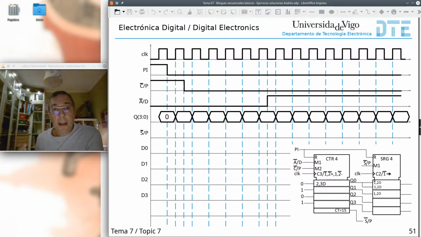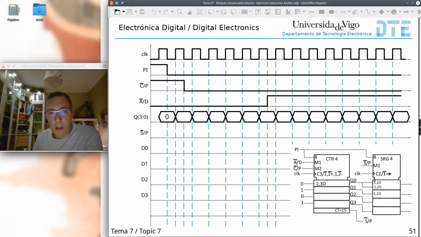And then comes a rising edge. But what happens with the rising edge? We have this counting loading signal set to 1. So this rising edge will make the value that we have at the inputs of the counter get into